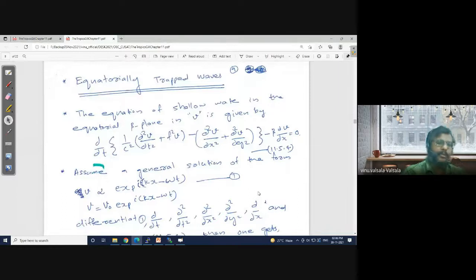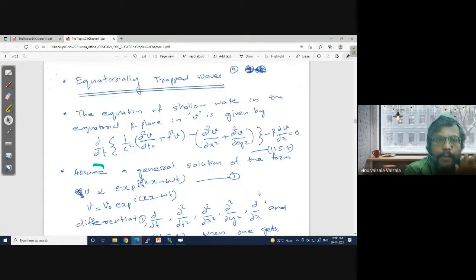Again, coming back to the equation, we thought, okay, the Kelvin wave is fine. It is a special type of wave with no V component. But we are not very satisfied with that. Then we have to move ahead with what other solutions are available in the tropical dynamics. Okay, so that's what we wanted to discuss.